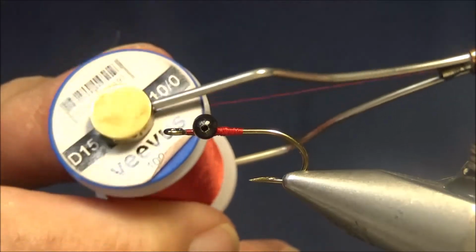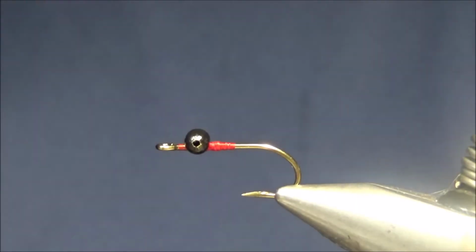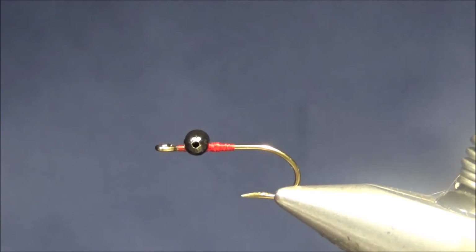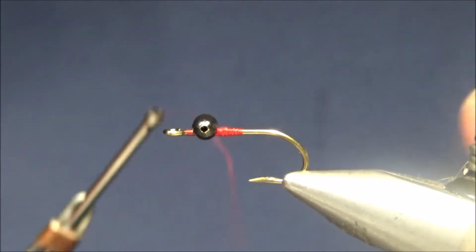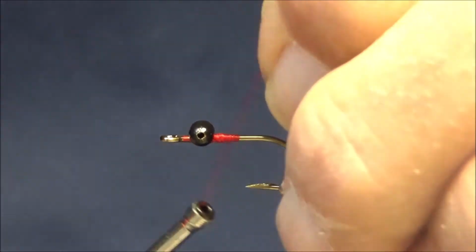For thread, I'm going to be using some red. This happened to be Veevus 10-aught. I've already got the bead chain eyes onto the shank of the hook. This is, I think, size medium. You can use large or you can use smaller, depending on how fast you want this fly to sink. I'm going to start the thread,